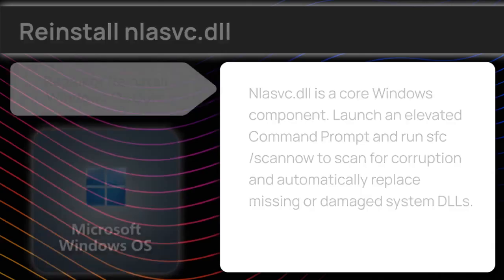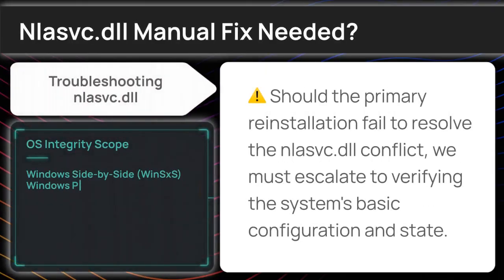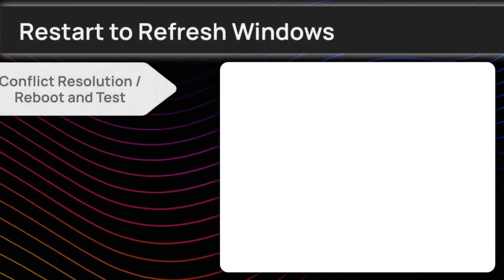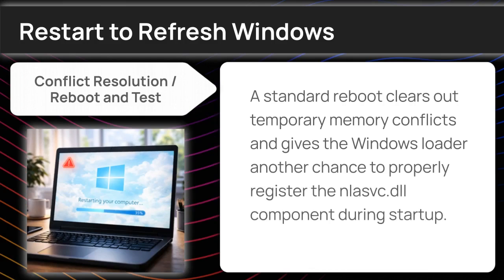DLLs. If you are still encountering the error after following the official setup, it's time to investigate the underlying system architecture. A standard restart allows the Windows bootloader to re-scan your system directories and potentially recognize an unregistered Network Location